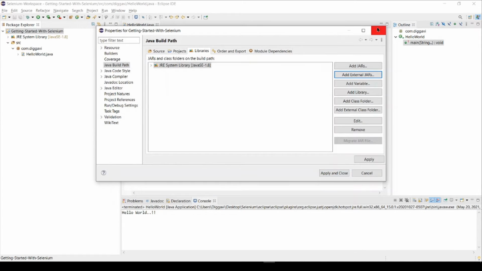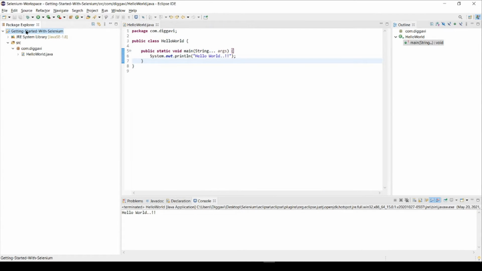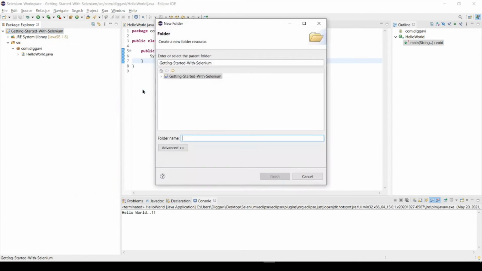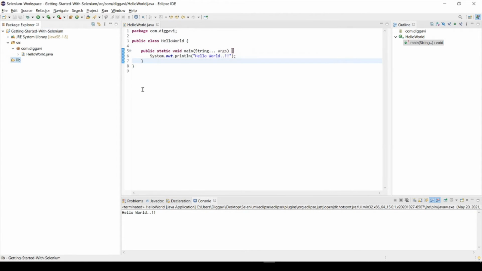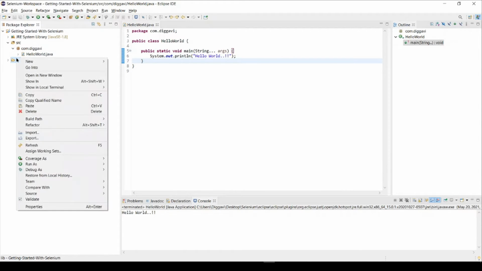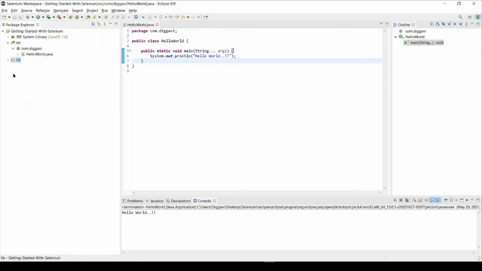So what I'll do, I'll create a new folder inside this one, call it lib, and I'll copy all the jars that we need inside this lib folder. So if we see, we have all the jars present in the lib folder.